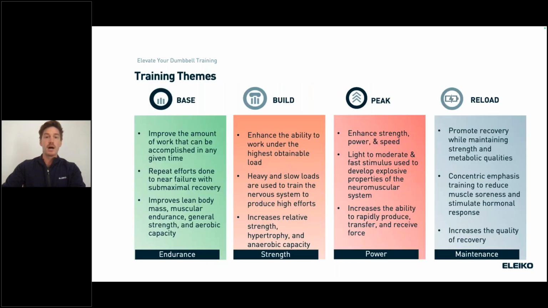So those are examples of the actual exercises themselves, and you can start to develop and put together a dumbbell exercise library for you. Now, the other thing to think about is what's the overall goal? What's the training theme that you want to apply here? Each theme has a little bit different intensity to it, and it can change the total amount of stress